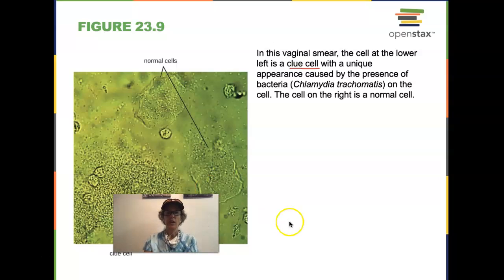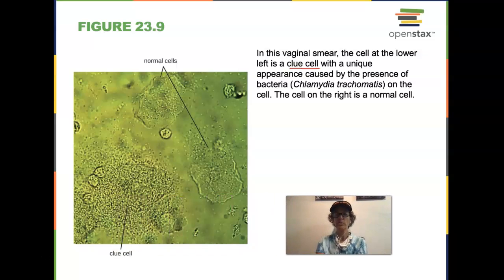This is a micrograph of a vaginal smear. So when a person would go and get a pap smear, they have sort of a bottle brush tool that goes in and collects vaginal cells and cells from the cervix. What they're looking for would be the presence of any microbes of any sort that are not part of the normal flora, or any